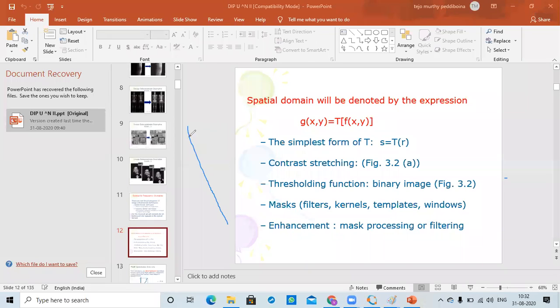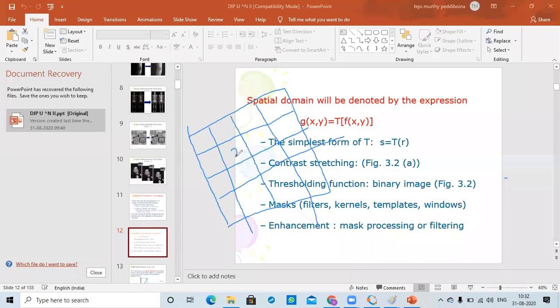I have image like this. I have pixel values. 2, 3, 4, 5, 6, 7, 1, 2, like this.